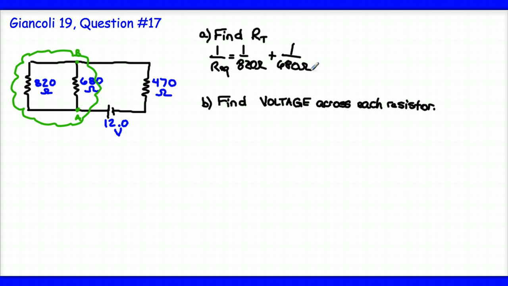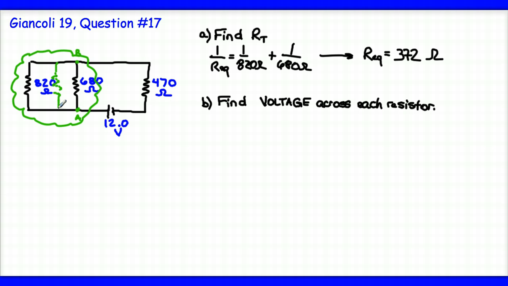That's going to give me 1 over my equivalent resistance. And therefore, once I find the reciprocal of that, I'll get Req is equal to about 372 ohms. So I can effectively treat these parallel resistors as if they were a single 372 ohm resistor. So I've kind of drawn that in here, but you can leave it without that additional green resistor. That's not the total resistance of the entire